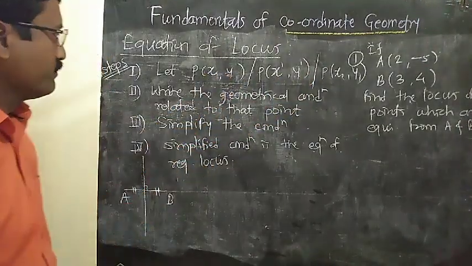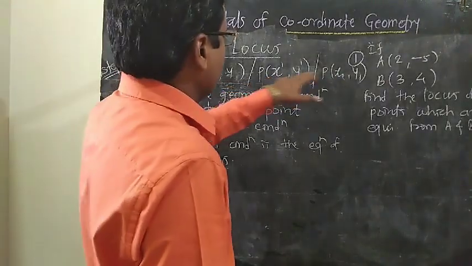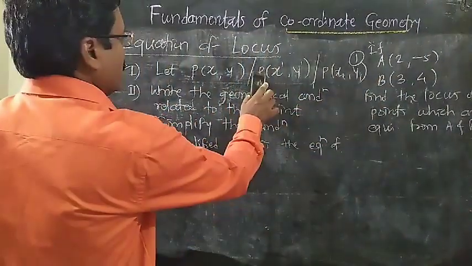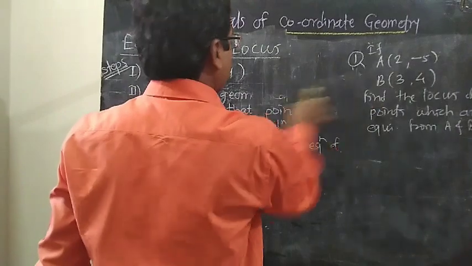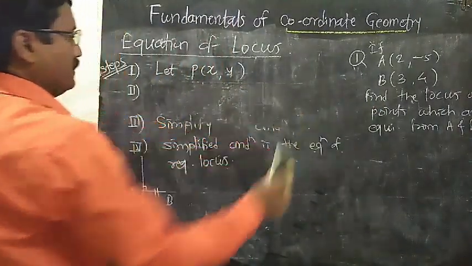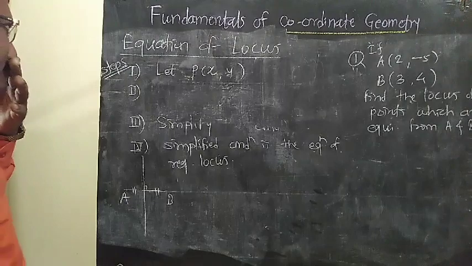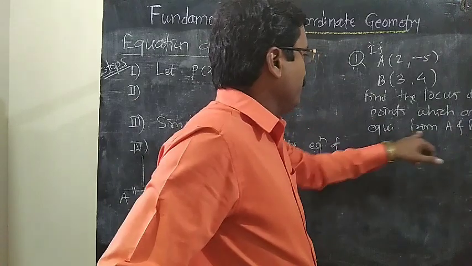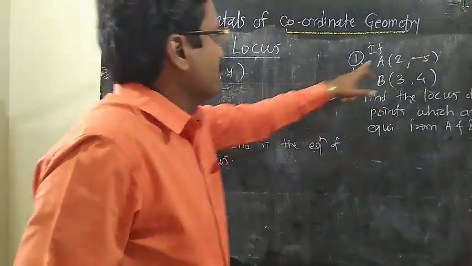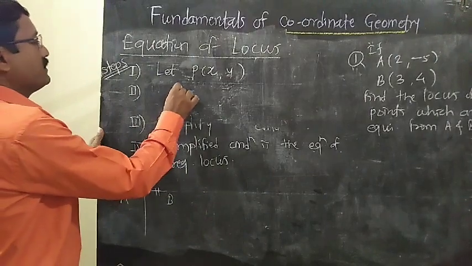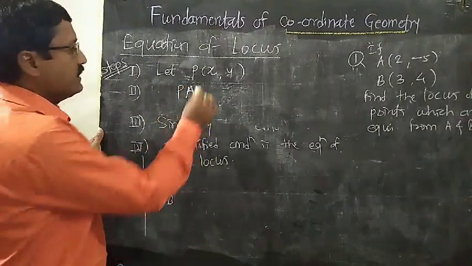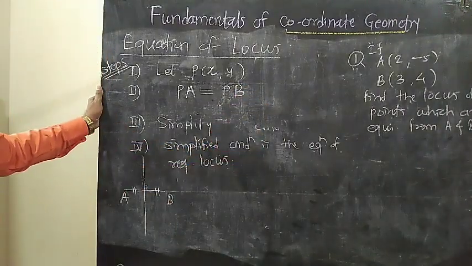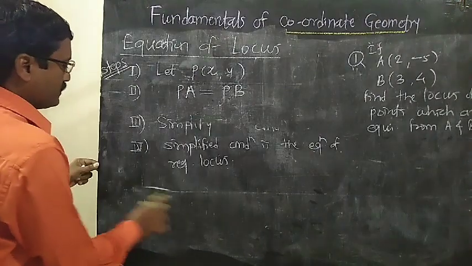That is our fourth step. So without taking such different points, I will take directly x and y because xy is not present in the equation of the given example. Second condition. What is the second? Write the geometrical condition. What is that geometrical condition? Because we require the locus of points which are equidistant from A and B. If P is equidistant from A and B, obviously we can write the geometrical condition that the distance of P from A is the same as the distance of P from B. This is our geometrical condition in the form of distance formula.